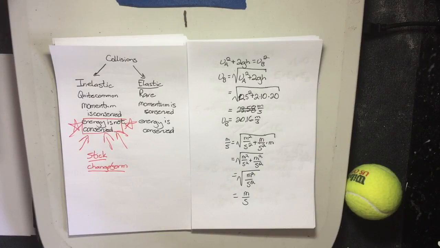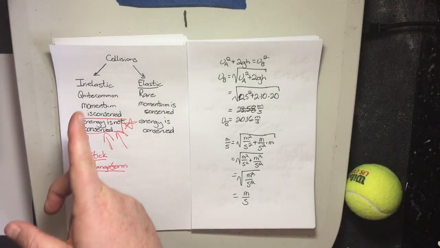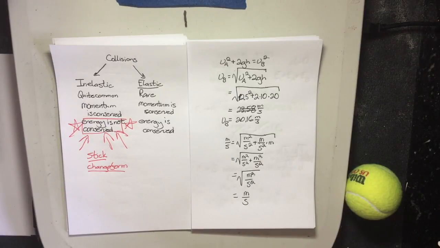An elastic collision, I've only seen one good example of an elastic collision, and I'm not going to talk about it. Something that is close to elastic collision, which means it's still inelastic, but it's probably as good as it gets: pool balls colliding against each other. Like if you shoot pool, they hit, and the reason why they're truly inelastic,